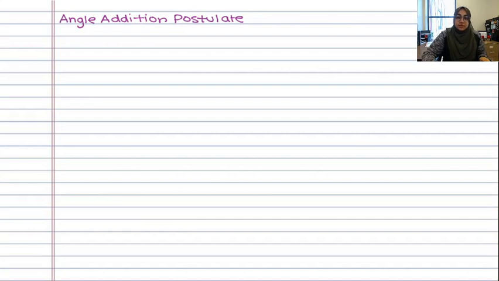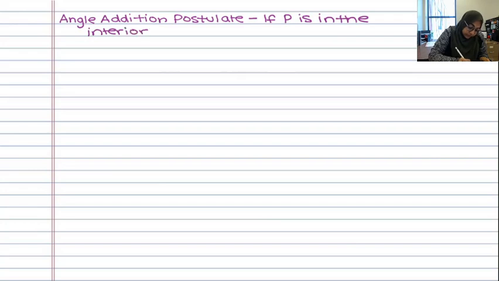We have 2 more vocabulary words, but before we do those 2, let's talk about something called the angle addition postulate. The angle addition postulate states, if point P is in the interior of angle RST, so notice that we're being given an example in order to explain the postulate. If it is in the interior of angle RST, then the measure, and I use a lowercase m to show the measure, of angle RST,